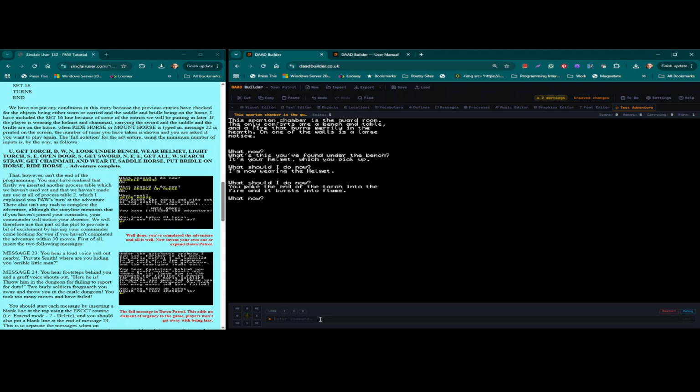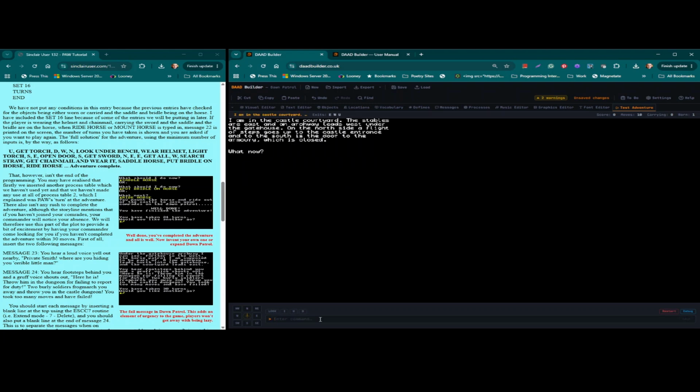Okay, so now we go south, we go east, we open the door, we go south, we get the sword, we go north, we go east and we go east, we get all, and we go west, we search the straw,